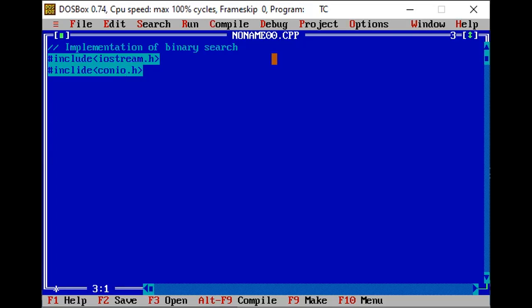Fine, so these are the main header files that we require here, and after that we will start with the main program, and we can write: void main.